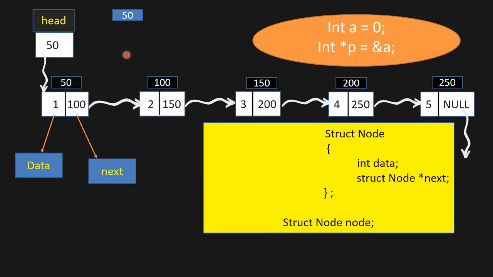Here is the linked list in which we have 5 nodes: first node, second node, third node, fourth node, fifth node. You can see we have 2 parts in each node. The first part is for data and the second part is something called next. In the first part of the node we will be storing our actual data, and in the next part we'll be storing some kind of address, as we'll see.